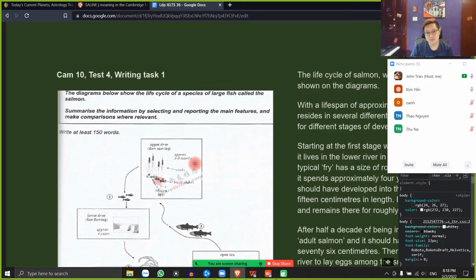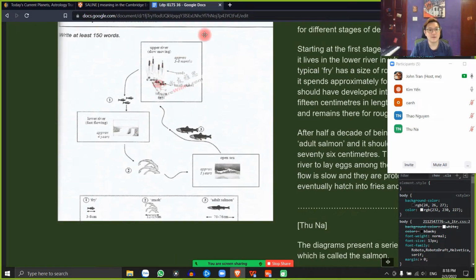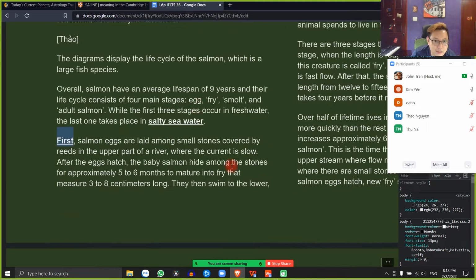Tại vì nó là một chu trình, mình có thể nó quay một cái vòng mà, cho nên mình bắt đầu ở đây cũng được mà. Đâu có thành vấn đề phải bắt đầu ngay đây đâu. You don't have to start right here, you can start right there, you know. Okay.